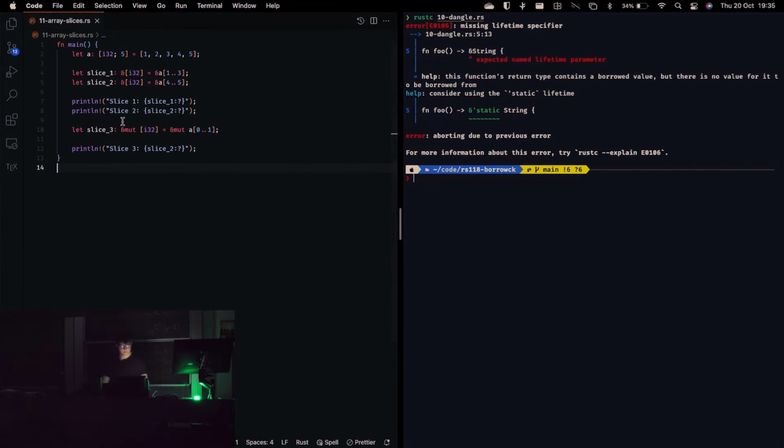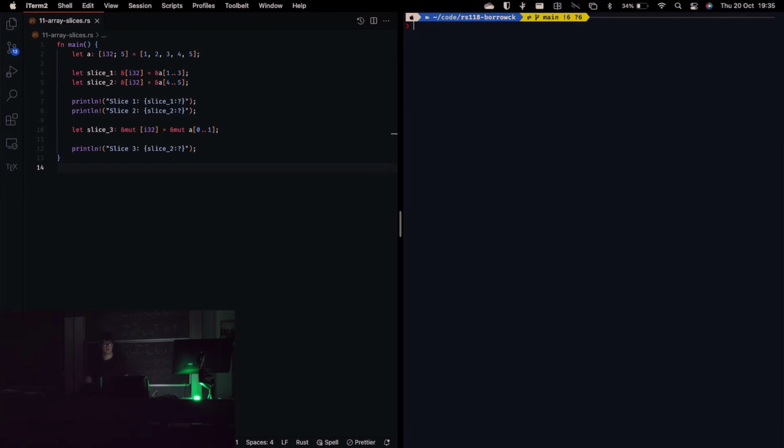So, we also have a special kind of reference known as a slice, which is a reference into a contiguous sequence of elements. So a pointer to an array in C is just a value. You just point to the start of it. Whereas a slice in Rust is kind of the same thing. It accomplishes the same purpose of referring to arrays, but it also contains the length. So this allows you to reference arrays not just by the start of them, but you can point to any range of them. So we have our array here,